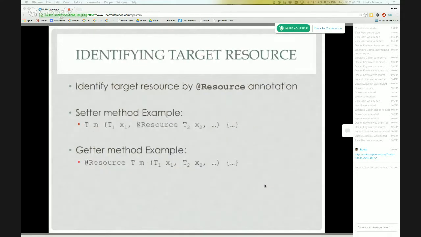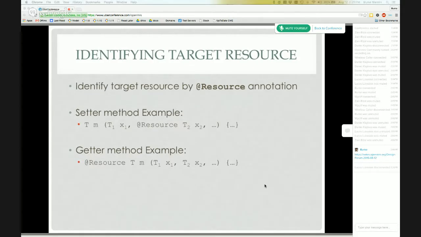So here is what we did to find what the resources are. We created our annotation called addResource, and for setter type methods, we introduced it within the list of parameters given in the interface of the service layer methods. So the parameter that has the addResource annotation attached to it, we know that would be the target resource that we're trying to do ReBAC authorization against.